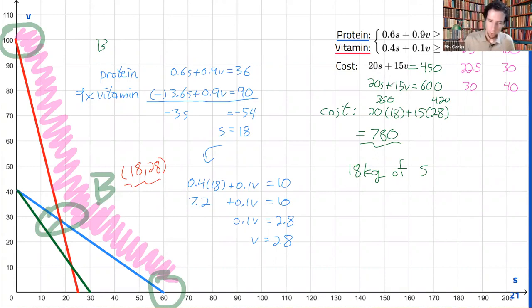Okay. So 18 kilograms of thing S, whatever that is, I forgot the name already, and 28 kilograms of thing V, whatever that was called. So there's how much we should be buying or how much we should be using of each to get these nutrients at the minimum possible cost, and that actual cost is